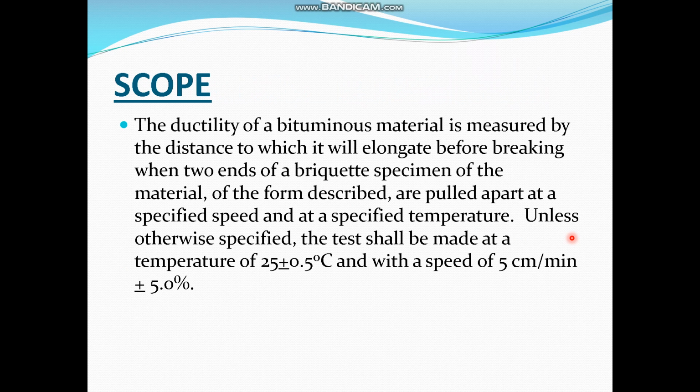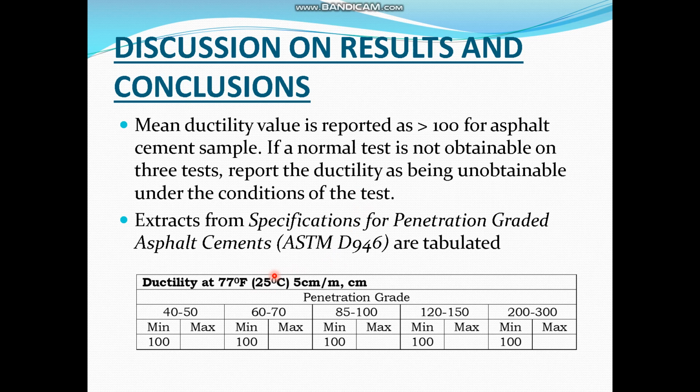As I've already told you, the test is performed by stretching the bitumen at 5 centimeters per minute when the bitumen is placed in a briquette mold and the testing temperature is 25 degrees centigrade. So once the bitumen is expanded and the break point is observed, if it does not break at an elongation length of more than 100 centimeters, then we say that your bitumen has passed.